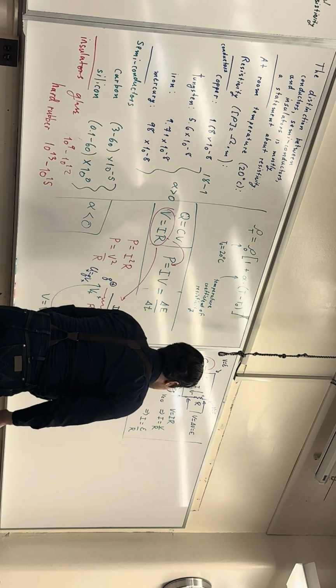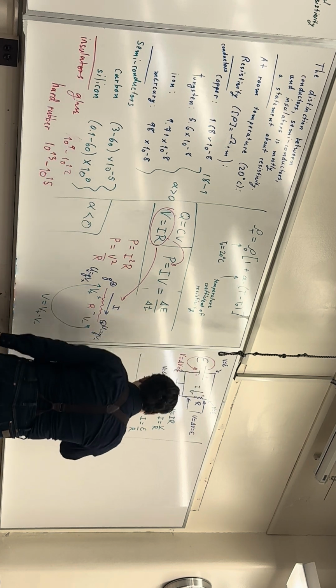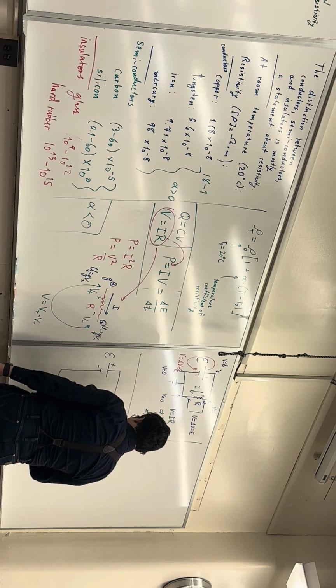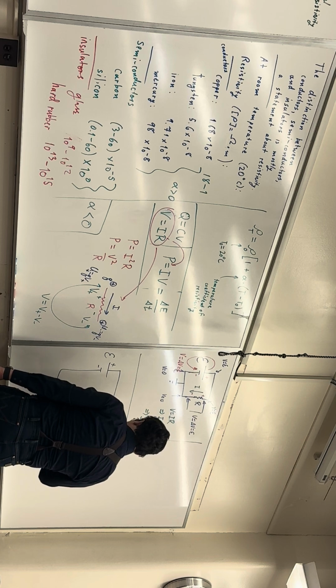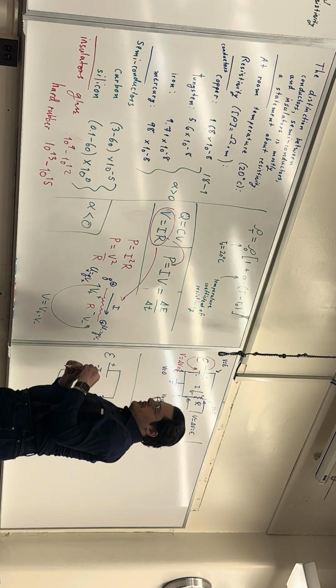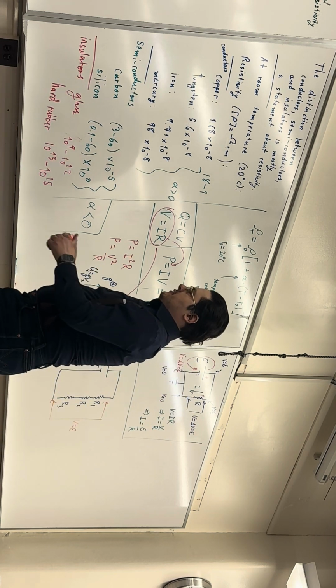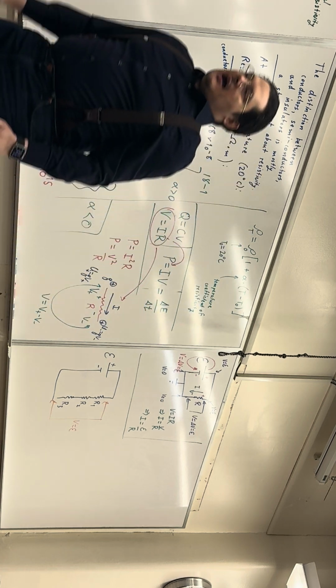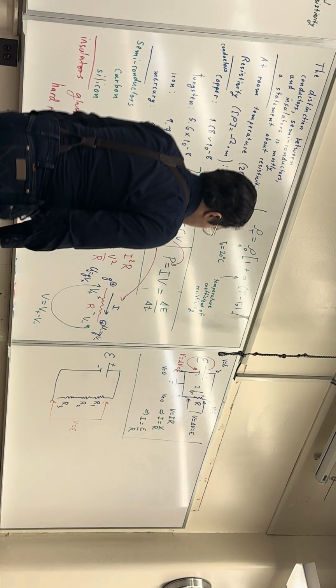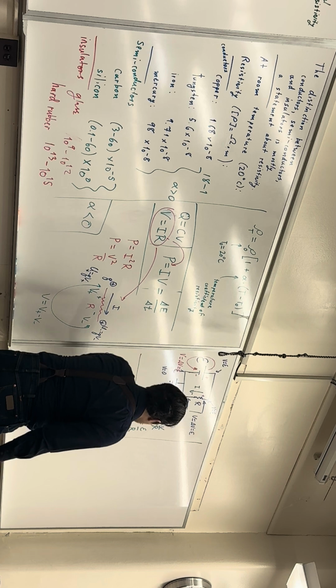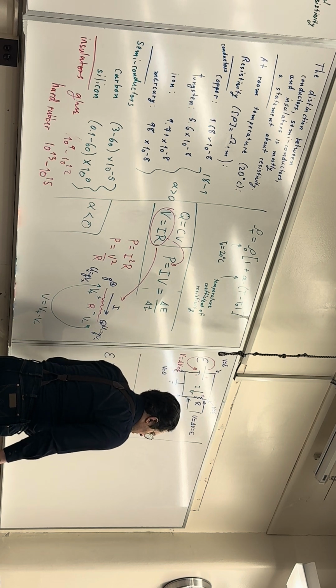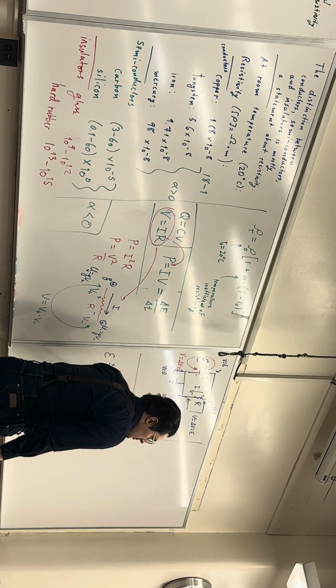However, I'm just going to say, okay, so this is a voltage difference of curly E. I'm just going to say, without any loss of generality, that it's obvious that this is equivalent to having a single resistor whose